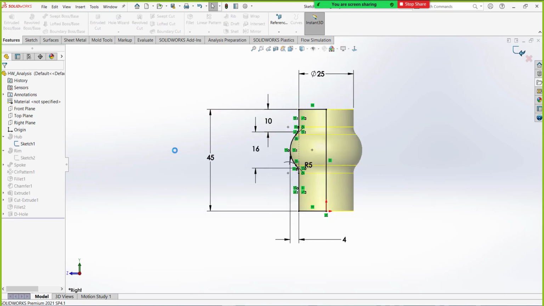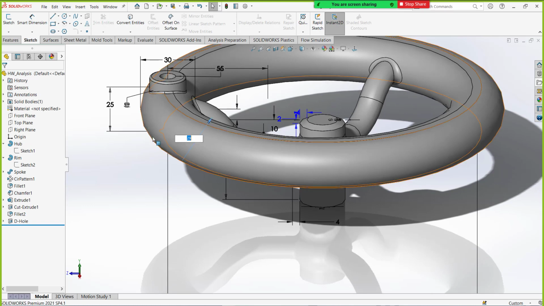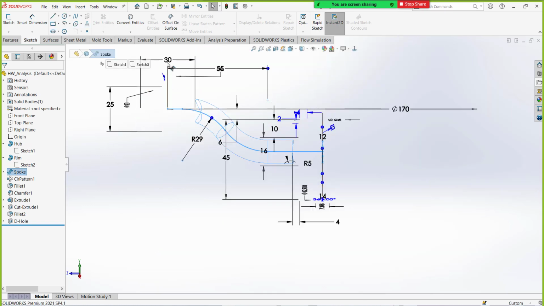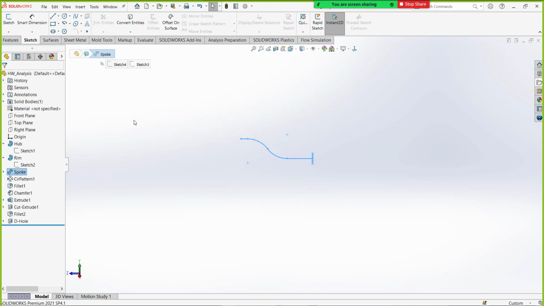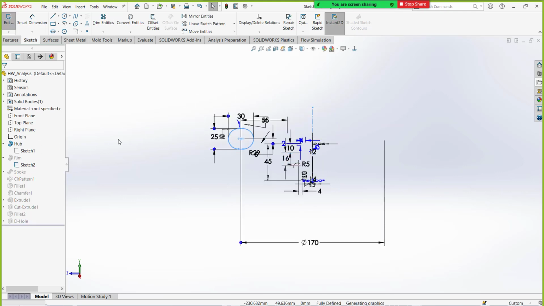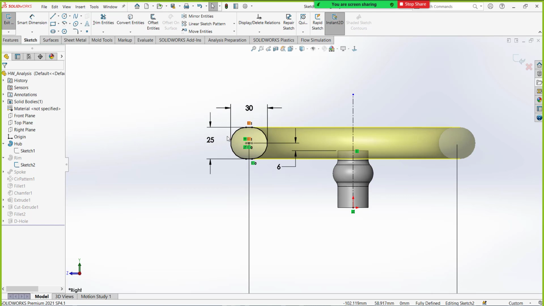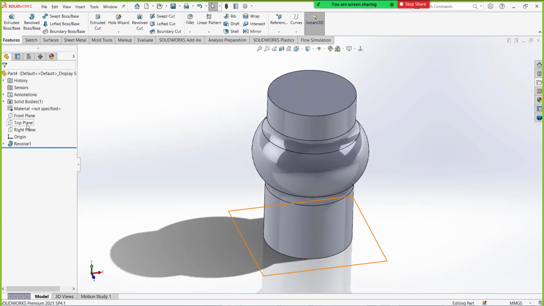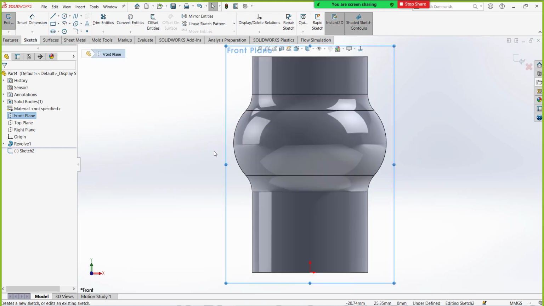Now the next thing is to create this one. The dimensions of this are 30 and 25. From the top edge it is 6 mm above, and total diameter is 170. We'll do the same. Again I'll select the front plane.